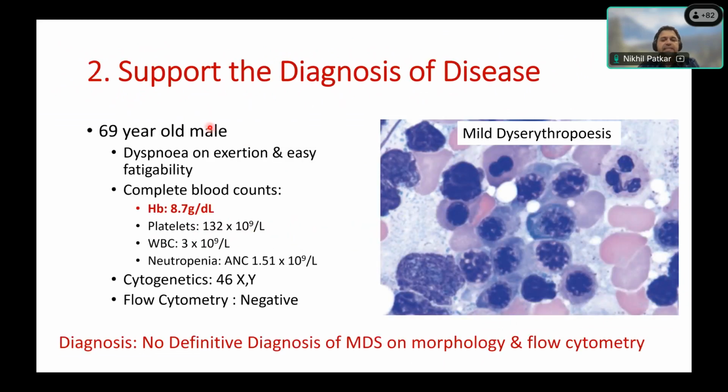Now let us see this example. You have a 69-year-old female with dyspnea on exertion and easy fatigability, and the patient has anemia and neutropenia. Cytogenetics is normal and flow cytometry is negative. And this patient has mild dyserythropoiesis here, but there is no definitive diagnosis of MDS on morphology as well